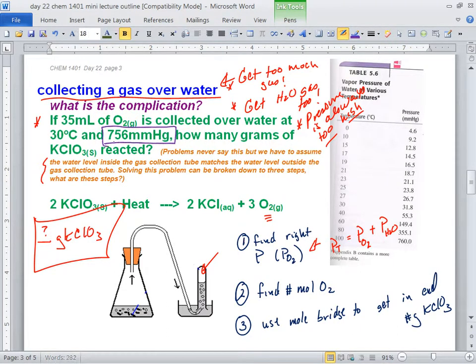Which P is that? Yeah, three choices here. Which P is it? It's total. You always know the total. That one's 756 millimeters of mercury. We want PO2. So that means this you get from the